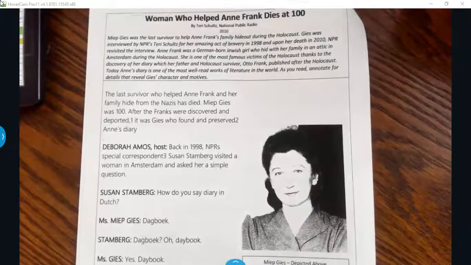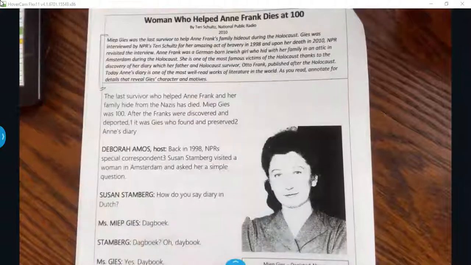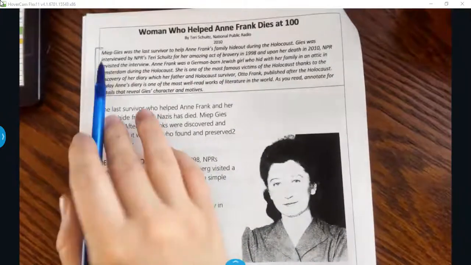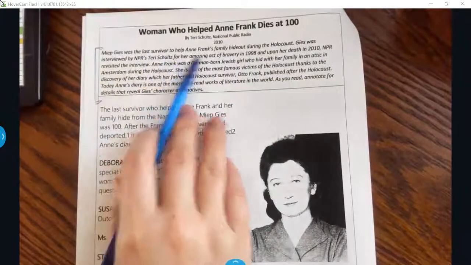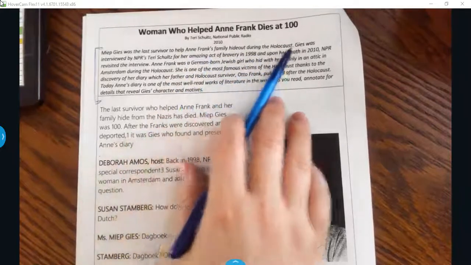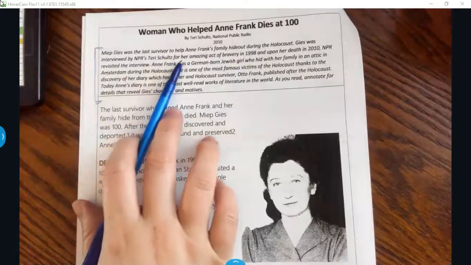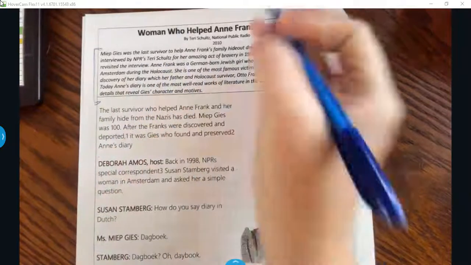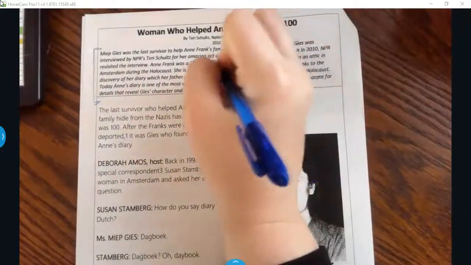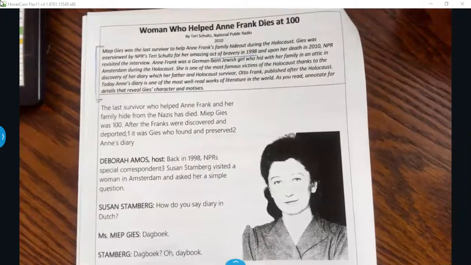So we're going to read this introduction piece right here. This is going to be really key to help us understand that this is nonfiction. Miep Gies was the last survivor to help Anne Frank's family hide out during the Holocaust. Gies was interviewed by NPR's Terry Gross for her amazing act of bravery in 1998. She was interviewed. And upon her death in 2010,